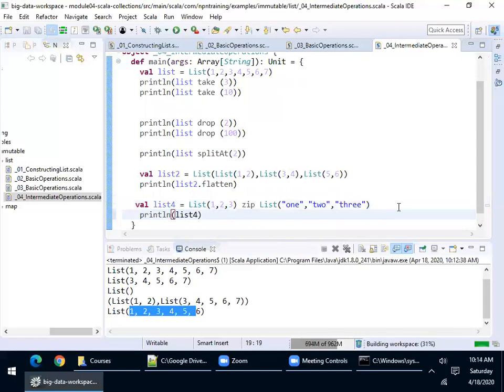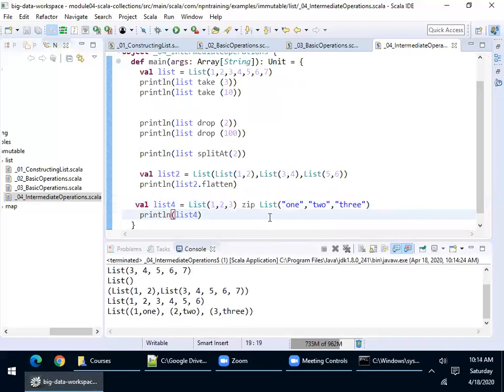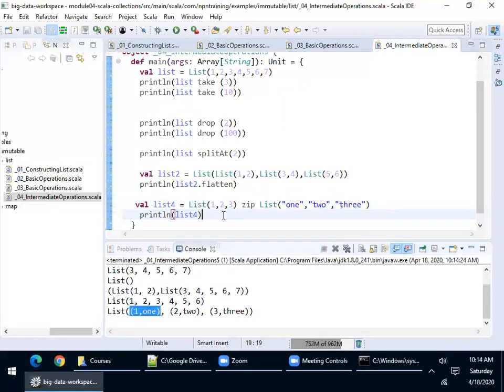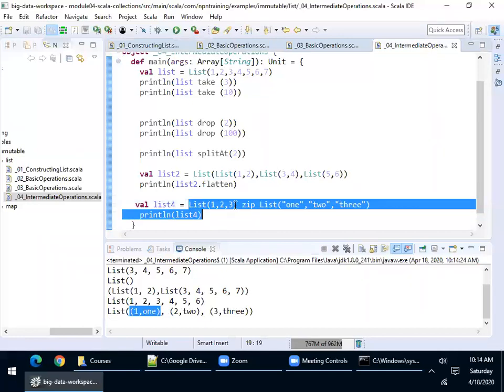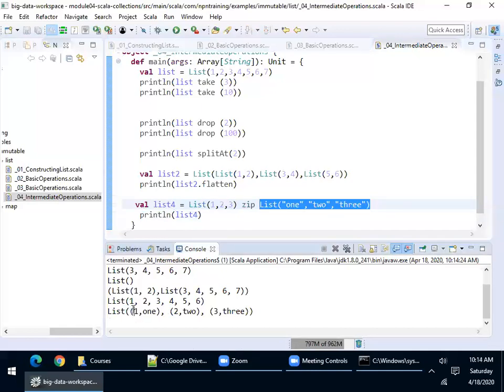Control F11. When I do this, please look at this. It created a list with tuples.